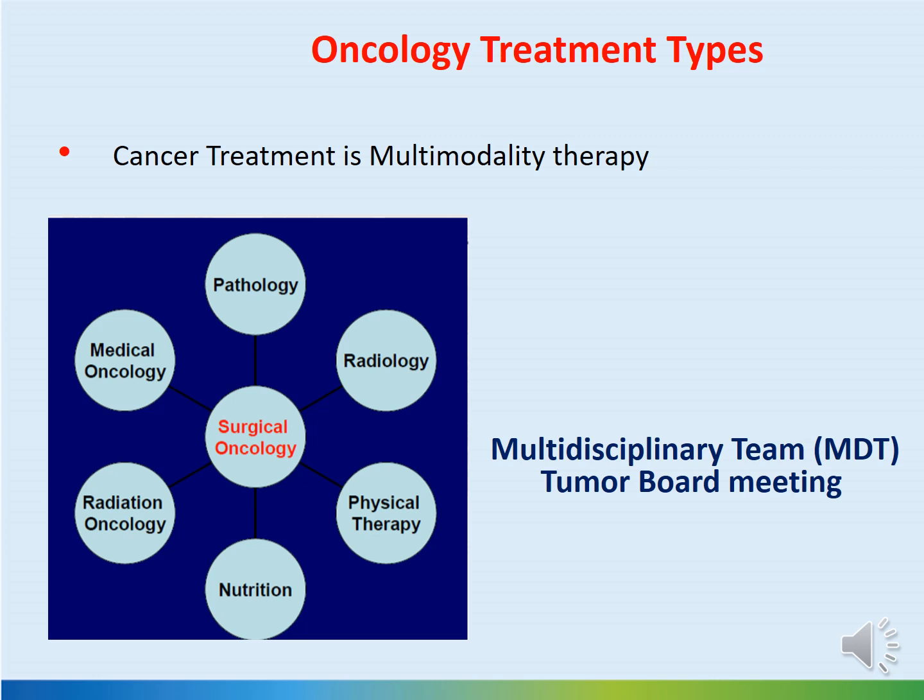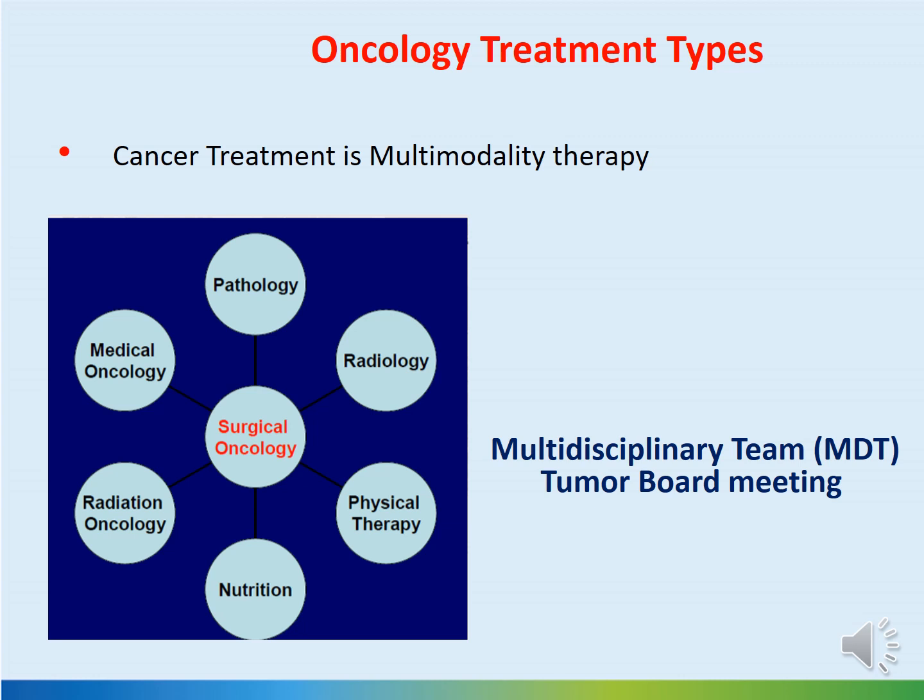First of all, before talking about the treatment types, I want to focus on a very important point. Cancer treatment is not one single model of therapy. It is multimodality therapy. Please always remember this sentence: multimodality therapy. What does that mean? That means it is not only one type of treatment. For most malignancies, we use many types of treatment. We'll see now what types of treatment.